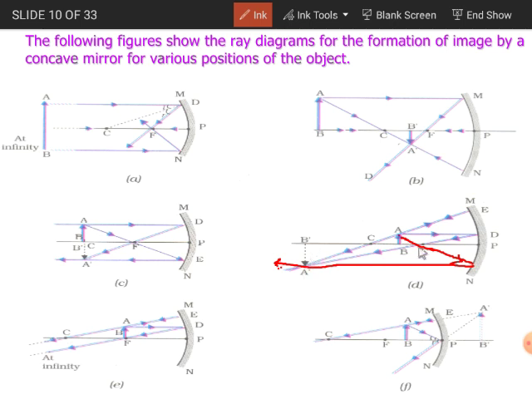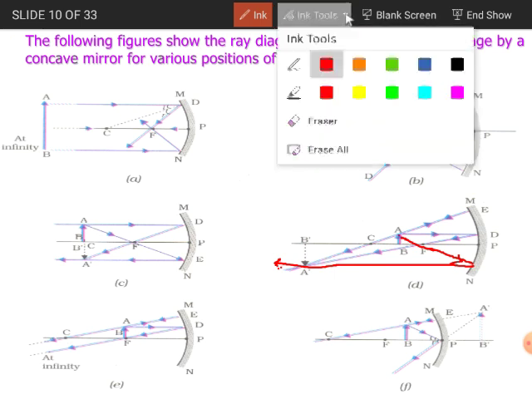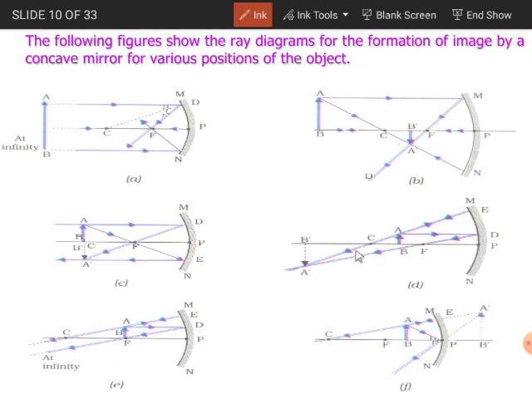prime. So in this case, when the object is placed between C and F, the image will be formed beyond the center of curvature. These two rays are real reflected rays, so the intersection of real reflected rays will form a real image. So the nature of the image will be real, inverted, and enlarged,